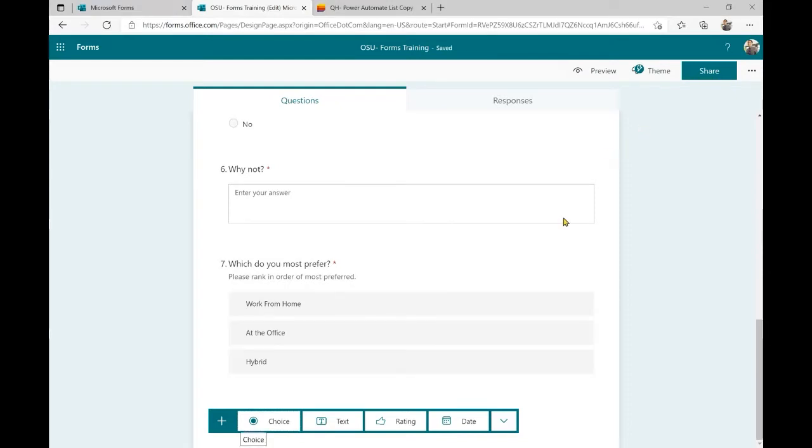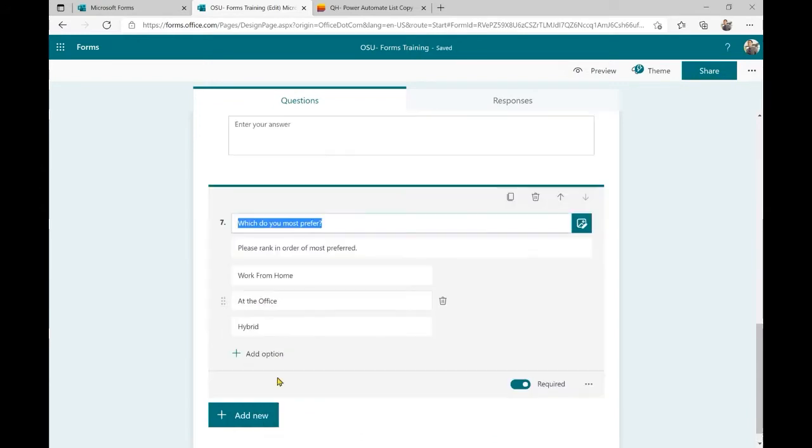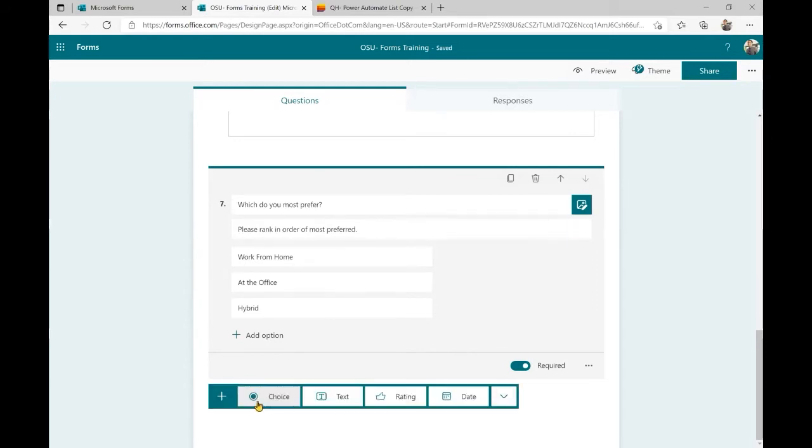We're going to actually submit this form, but essentially they would just move these options around based on what they prefer the most, and the form will actually collect that data and develop like a percentage or an average based on what people are likely to rank. So I'm going to show you all of this, once we complete the different questions, I'm going to show you how to actually answer the form. Okay? But good question.